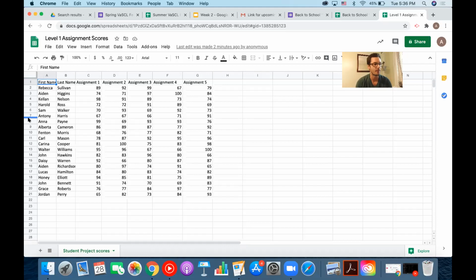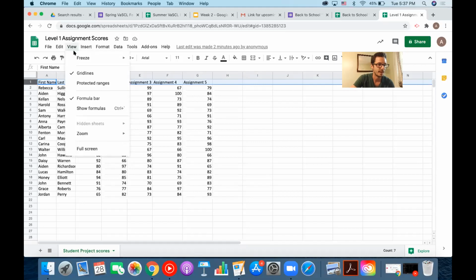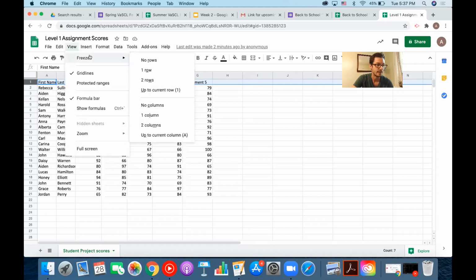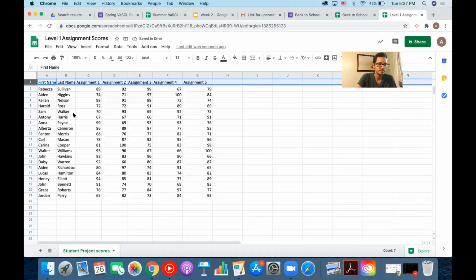Now, the first step that I want to do is click where I see the number 1. When I do that, it's going to highlight the entire row 1. So what I'm doing next is going to where it says View, and then using that first option for Freeze. And I want to freeze 1 row. So again, I've clicked on the number 1 to highlight all of row 1. I'm going up to View, Freeze 1 row. So now when I'm in here, I can reorder this information, and it's not going to reorder my first header,